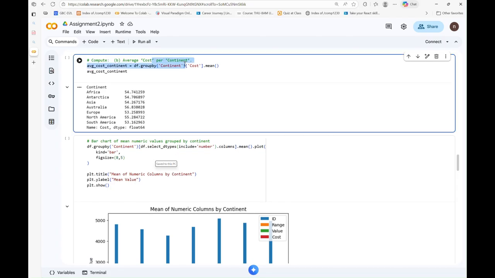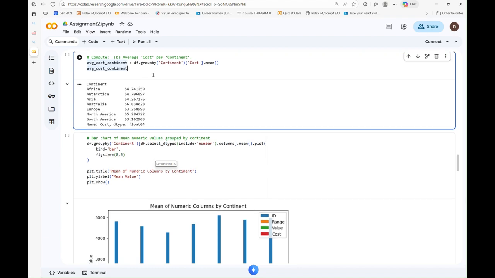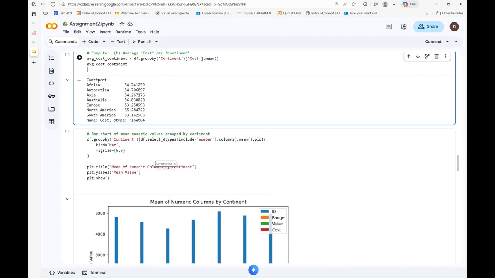Average cost by continent. Next, I group the data by continent and calculate the mean cost for each region. Grouping data is useful because it allows us to compare categories instead of only looking at the entire dataset as one population. From the output, Australia has the highest average cost while South America has the lowest. These differences can help identify geographic patterns, support decision making, or later be used as features in a machine learning